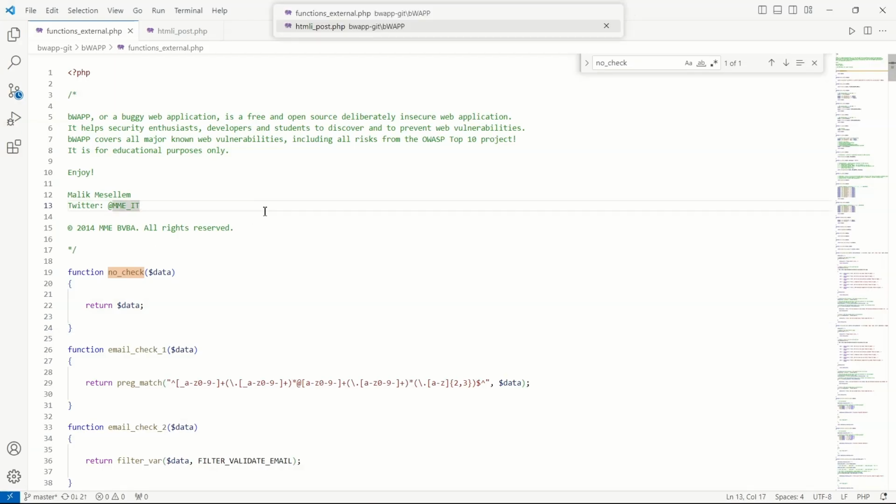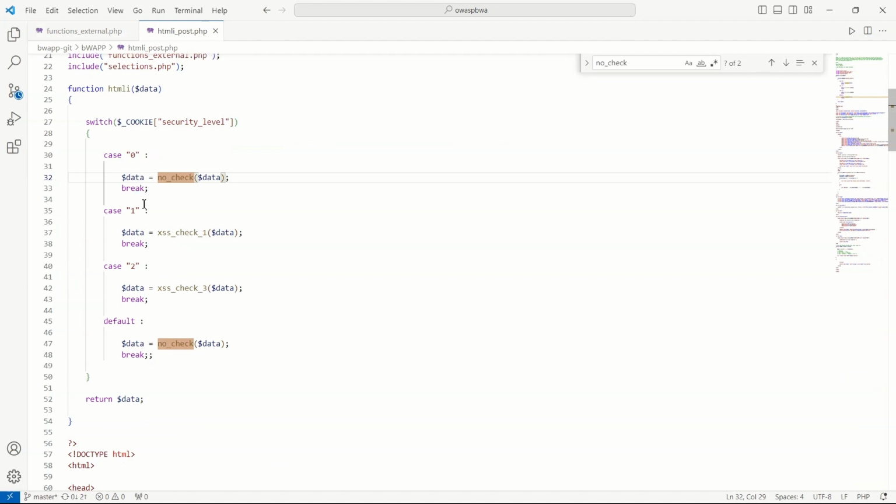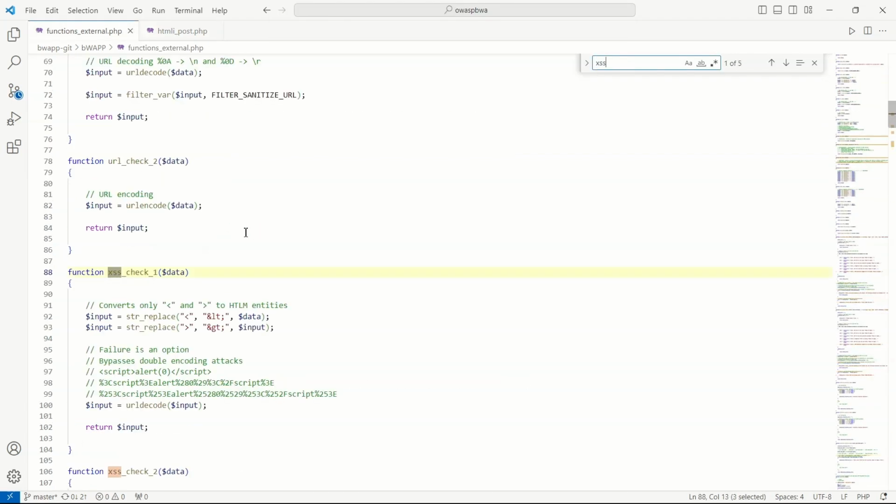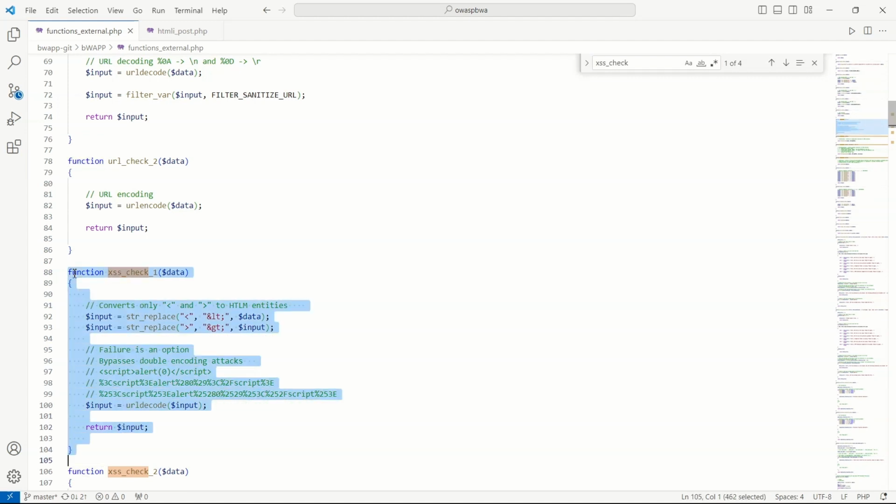Okay, here we can see HTML post and the severity level is the one which we used, and it has a function called xss_check_1. So we'll analyze this particular function to see what exactly is happening here. Yes, this is the xss_check function here. From here the function ends here. So what exactly is happening here, we'll go through step by step. This is the xss_check_1 function defined here, and this is the data we enter here, and what exactly it is doing we can already see here: it converts only less than and greater than to